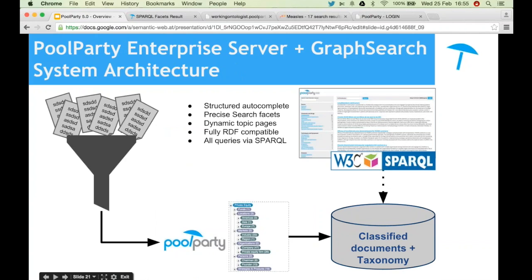So that's the picture, more or less. Here the information comes in. With PoolParty, you can transform all this different information into RDF. Of course, you have to have a knowledge graph in place which more or less tells the system how to transform that, and then you put this analyzed information together with your taxonomy in an RDF triple store, and with a SPARQL endpoint you can create such applications which contain structured autocomplete, precise search facets, and of course that's